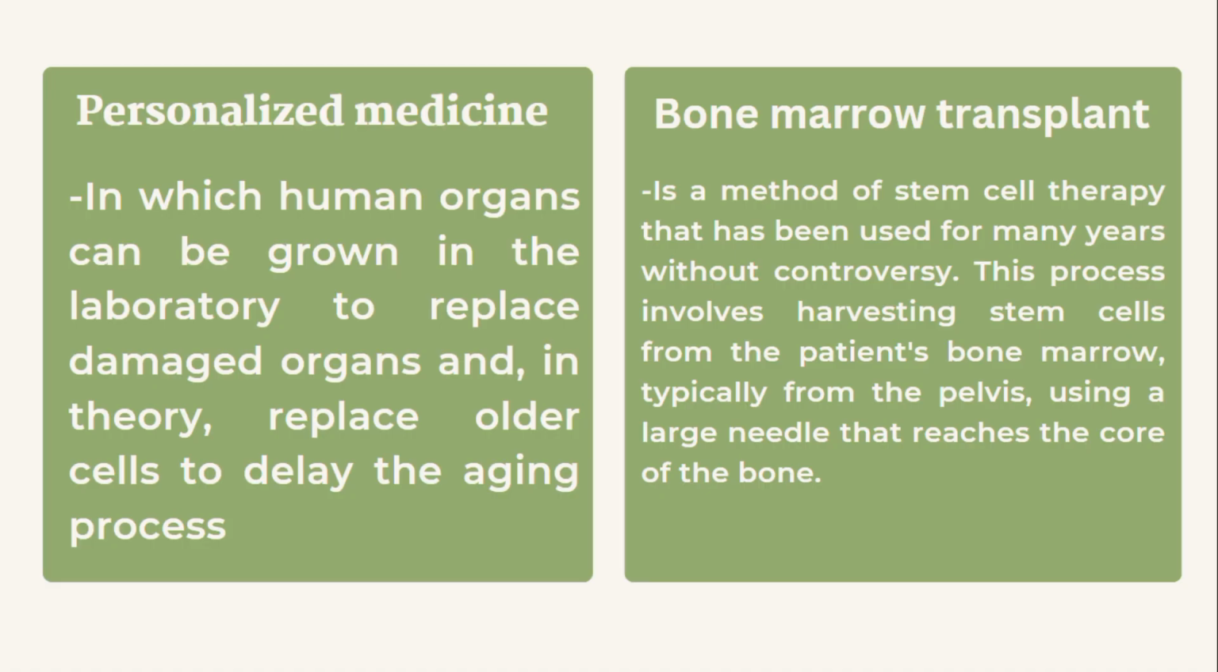Personalized medicine, in which human organs can be grown in the laboratory to replace damaged organs and, in theory, replace older cells to delay the aging process. In personalized stem cell therapy, patient-specific stem cells can be differentiated into the cell types relevant to the patient's condition, such as neurons for neurological disorders, cardiomyocytes for heart diseases, or pancreatic beta cells for diabetes. These specialized cells can then be used for disease modeling, drug screening, and regenerative medicine applications aimed at repairing or